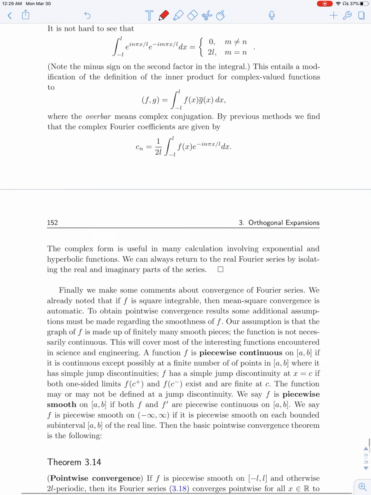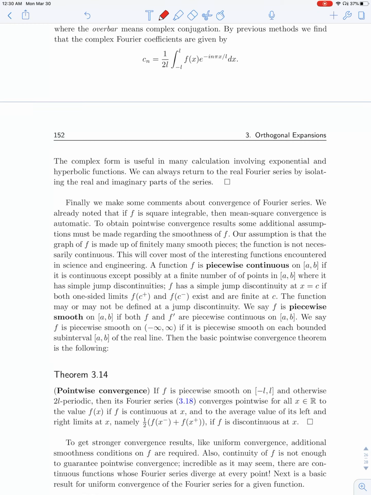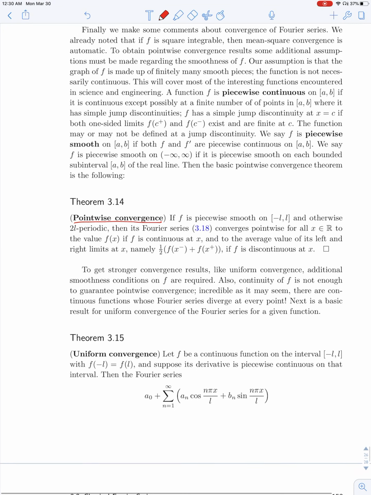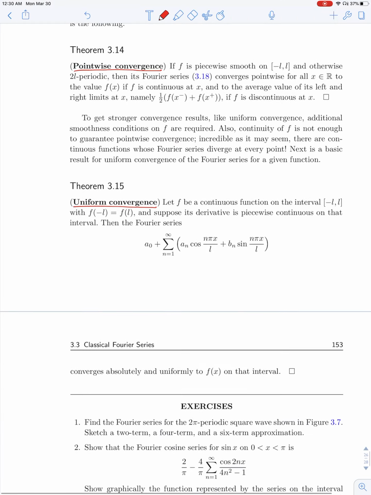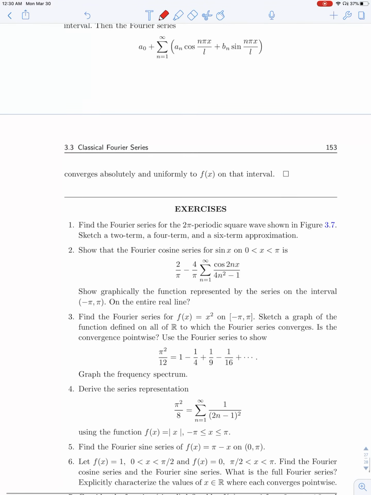It's not the main thing in this chapter. Unfortunately, because of the time limitation, we will not be able to talk in full detail about the pointwise convergence and the uniform convergence of Fourier series. But for this section, the homework problems would be